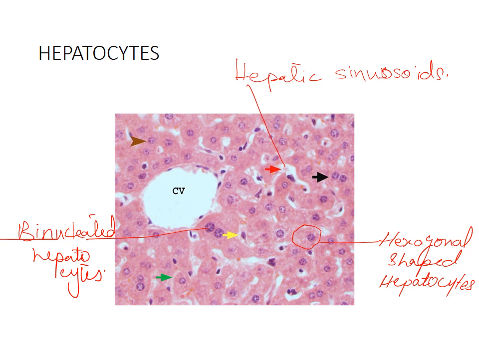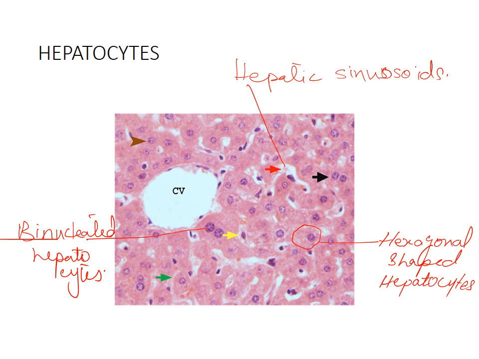The hepatocytes are large polygonal cells having 6 or more surfaces. You can see here they are large polygonal cells having 6 or more surfaces, and the hepatocytes are closely packed together to form the anastomosing plates, which are arranged radially around the central vein. And the plates of hepatocytes are generally 1 cell thick, and they are separated from one another by hepatic sinusoids. So these are the hepatic sinusoids.